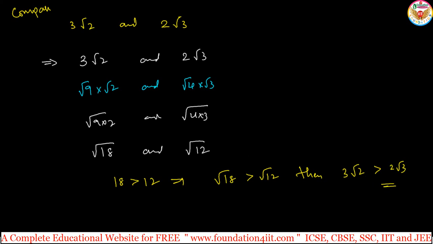Okay, make it into a single square root. If it is in terms of cube, make it into a single cube. So then we can find out exactly which is less or which is more, greater than or less than. So in this way we can compare two irrational numbers to see which is greater and which is smaller. Okay, and let us learn about the surds and radicals and rationalizing denominators also. Let us see now.